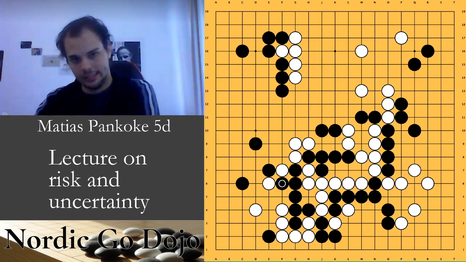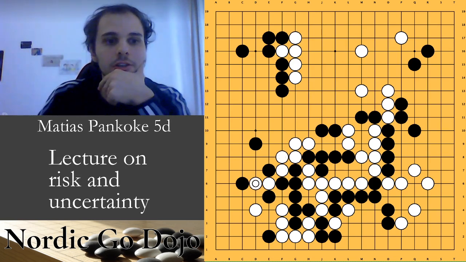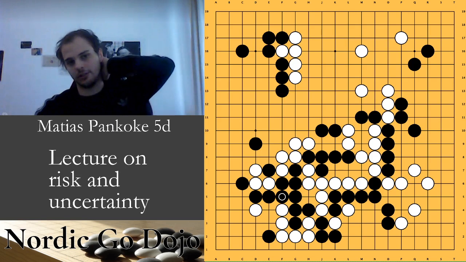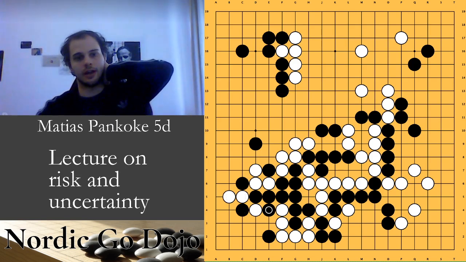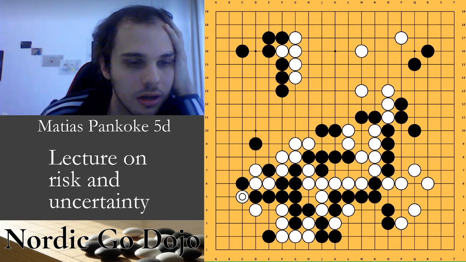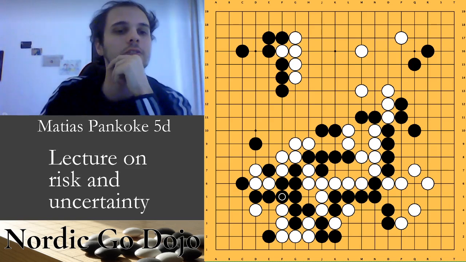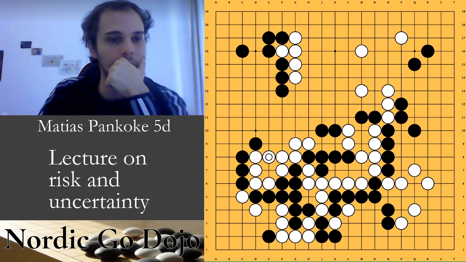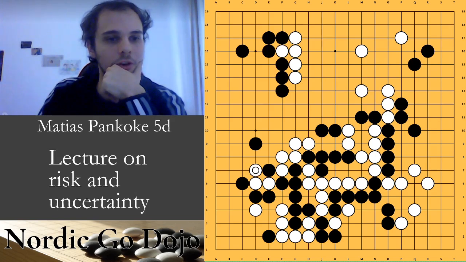There's this wedge. And I read something about I can play here, I can drive, and then, well, I could Atari more, but maybe I don't want to. Let's see. I connect here. If white cuts, I can go through here. And actually, what is this? Did I misread here? Oh, wait. No, I think I didn't misread here. Let's say I read something, but it might be wrong. Yeah, actually, like this black might be dead. So that is quite